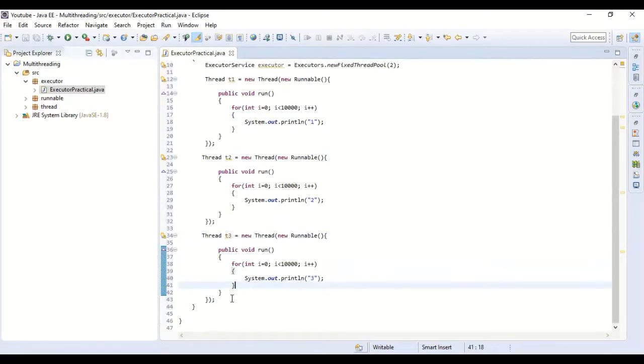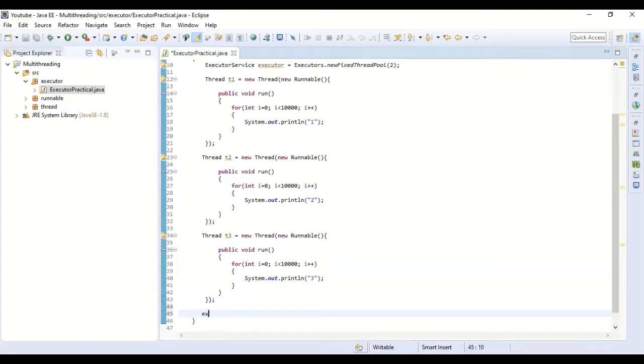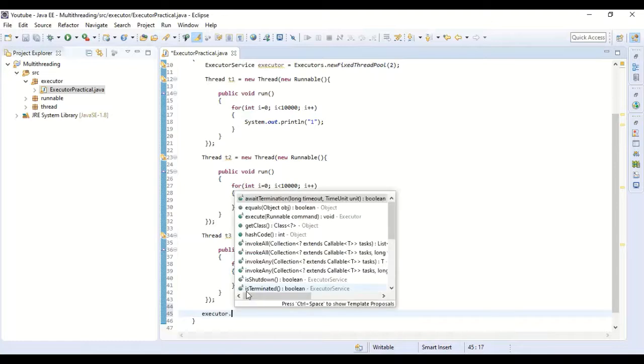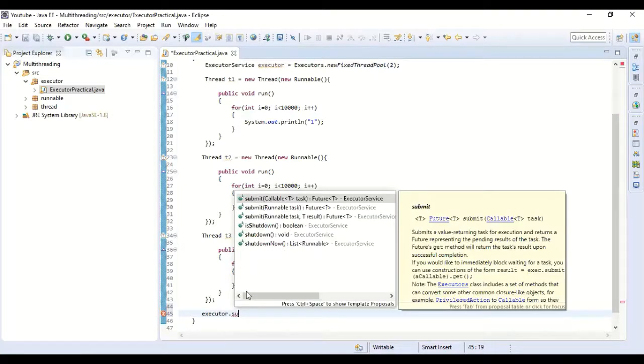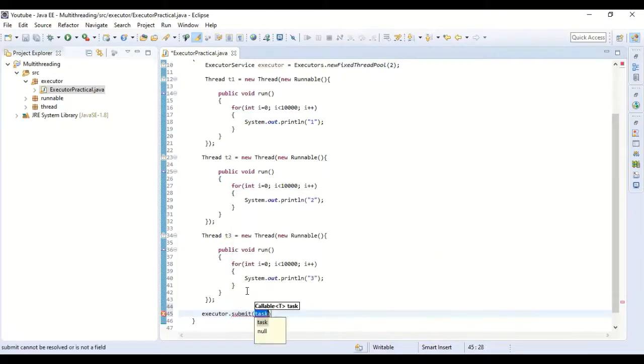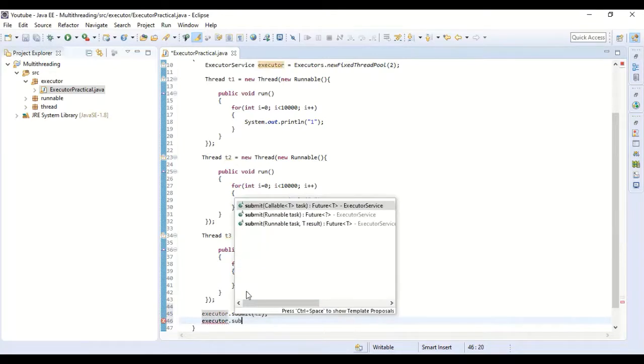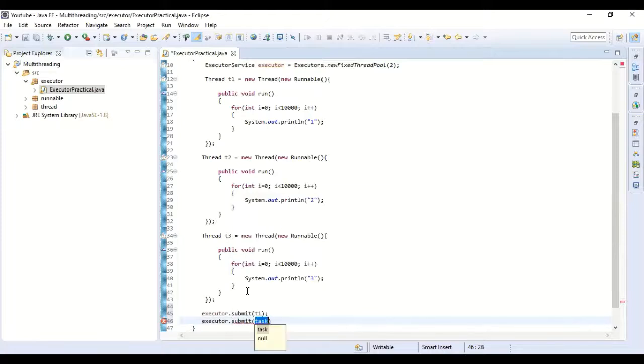Now, as per the slide, we need to submit these tasks into the executor service. For that, we will use executor.submit and then give task T1, similarly T2, and T3.